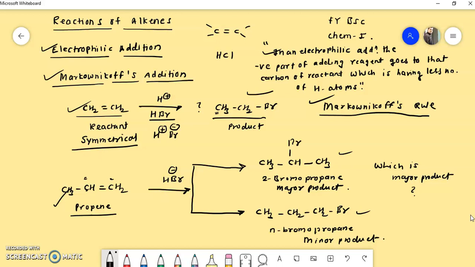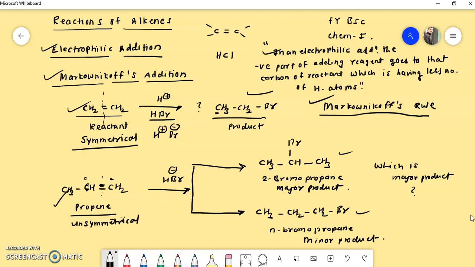So this is a very important and basic reaction, that if an unsymmetrical starting material is there. Now this propene is unsymmetrical. Why is it unsymmetrical? You see there is a double bond between this carbon and this carbon, but this is not a symmetrical alkene, it is an unsymmetrical alkene. You see here, if we place an axis here, you will find both parts are equal, but here both parts are not equal. So this is an unsymmetrical reagent, we can say unsymmetrical.